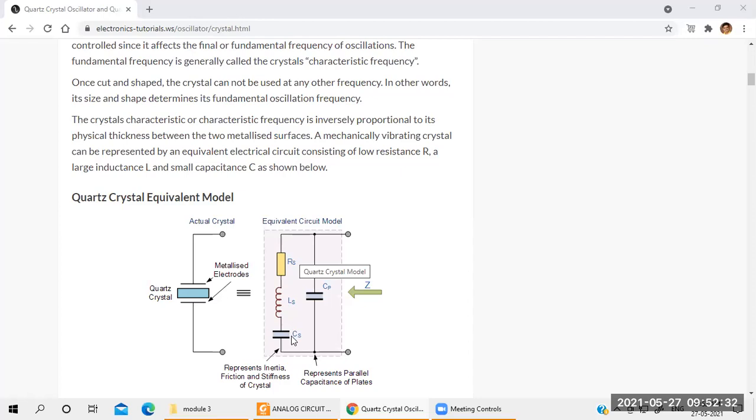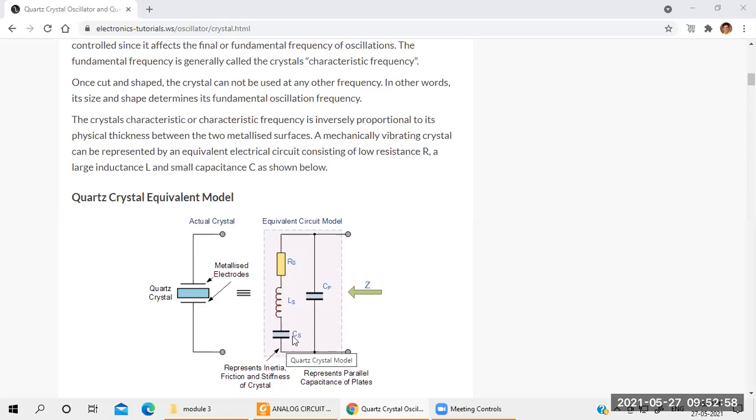In terms of voltage, the inductor is for current, the capacitor is for voltage, and R is for controlling the voltage and current. So that's why all 3 elements are connected in series form. Understood? After that, they have taken one more capacitance here. That should be in parallel with all 3 elements. That is CP. CP stands for what here? It's a parallel capacitor that should be in parallel with all 3 elements.